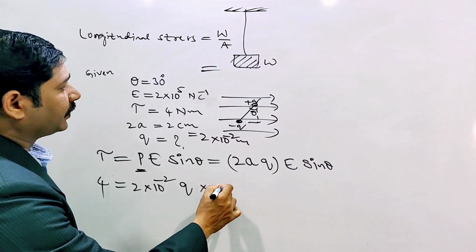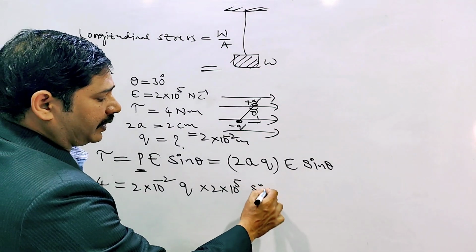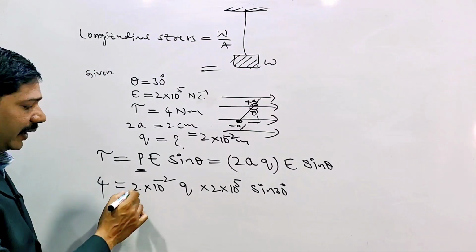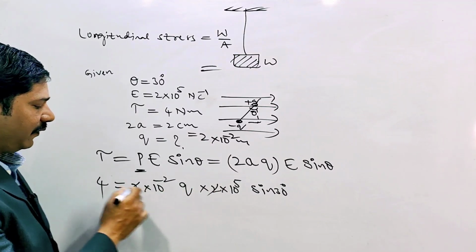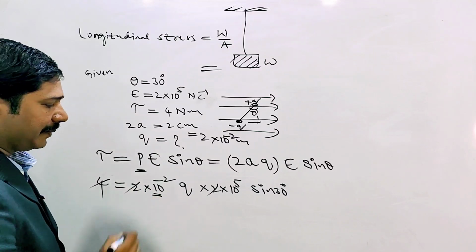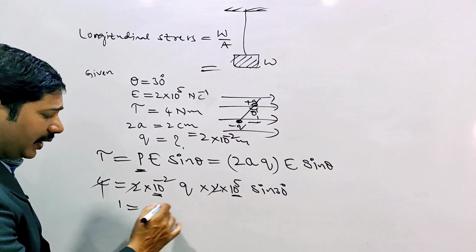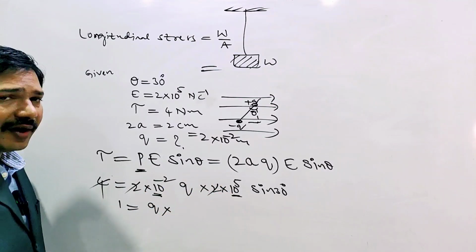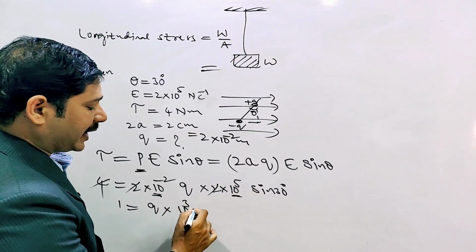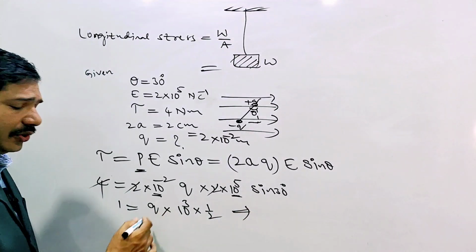2 into 10 to the power of 5 newton per coulomb, and sine 30 degrees. Solve this one. 2 2 are 4, here 4 gets cancelled. 10 power of minus 2, and here 10 power of 5 is there, so 1 is equal to q into 10 power of 5 minus 2. Bases are equal, powers should be added, 10 power of 3. Sine 30 value is 1 by 2. So that implies q equal to